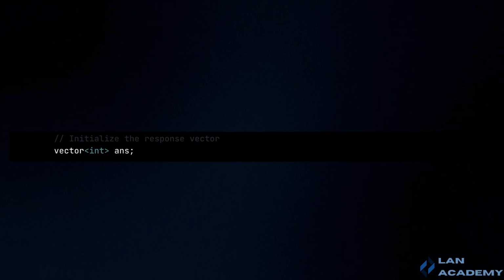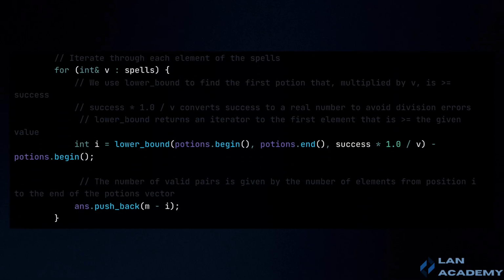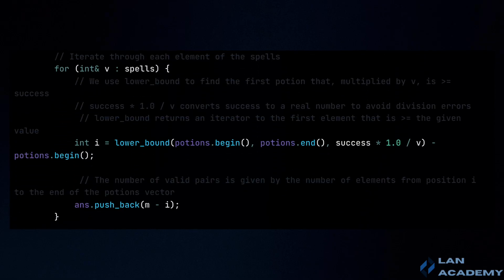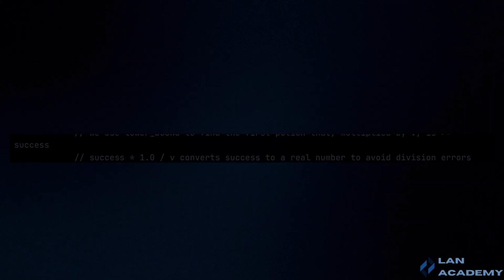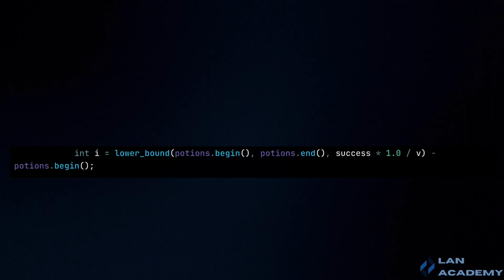We initialize an empty array ans to store the final results, which are the number of valid pairs for each element in spells. We then loop through all the elements in spells using a for loop. For each element v in spells, we use lower bound to find the first position in potions where the potion is large enough such that v times potion is greater than or equal to success.